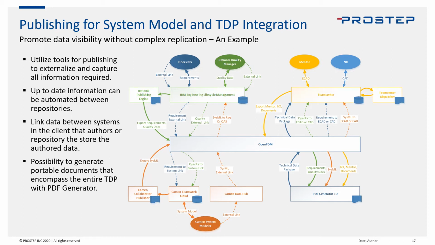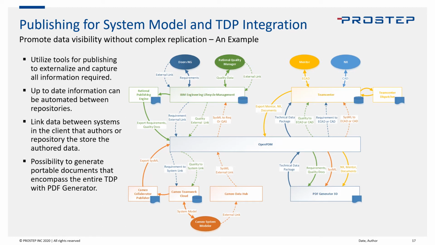But in other cases, in order to maintain the digital thread, maybe just the link is good enough. And then also, in order to make data usable, linking data in combination with the publishing engines of these different systems and providing that published data to the user can then yield the results that you need. So in this case, on the diagram, if you're using DOORS for requirements and the Cameo suite for system models, then you can maybe publish that requirements document, put it in Teamcenter, have it automatically being published when it's needed, as well as the system model.